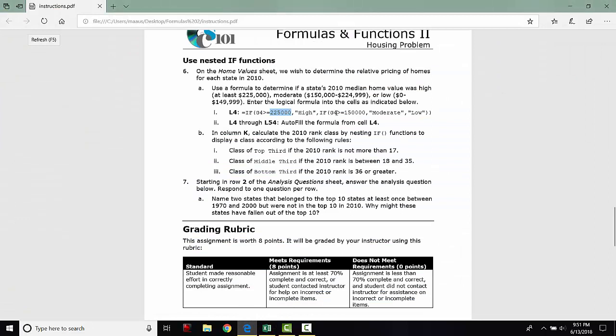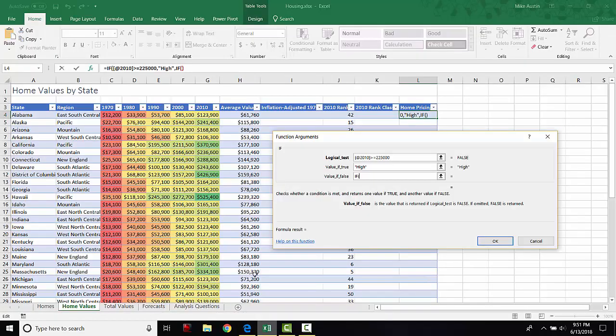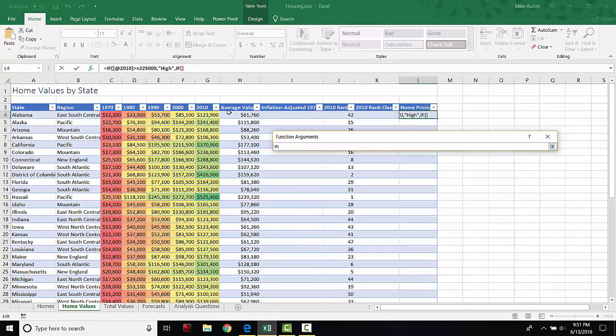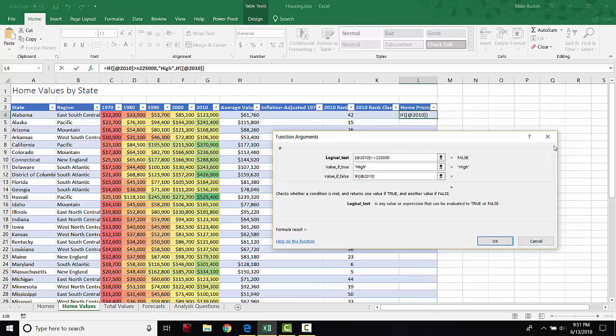So we're going to test the same cell again, which is G4, but this time we're comparing it to 150,000. So we're going to select that cell, G4,